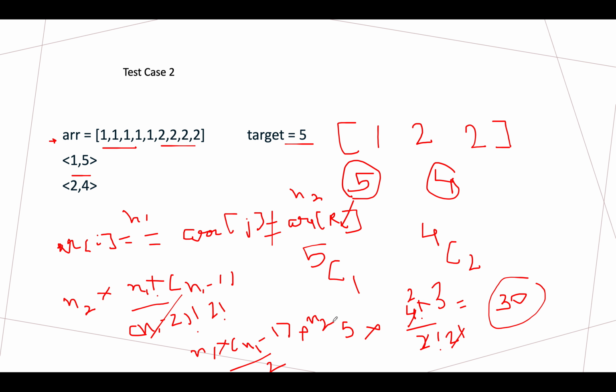So this is the formula that we have derived for the case where two numbers match in your target sum. n1 stands for the frequency of the matching element, and n2 stands for the frequency of the unmatched element. So this is the formula: n1 into n1 minus 1 by 2 into n2.